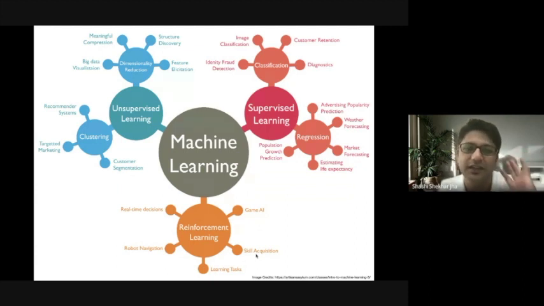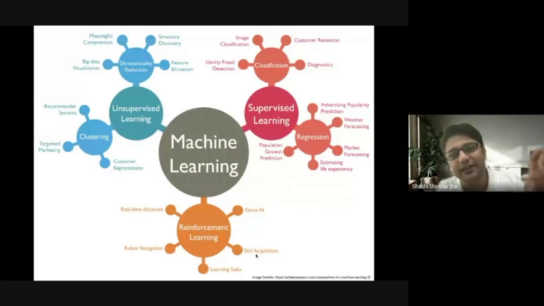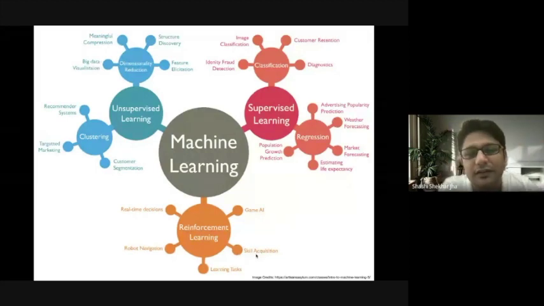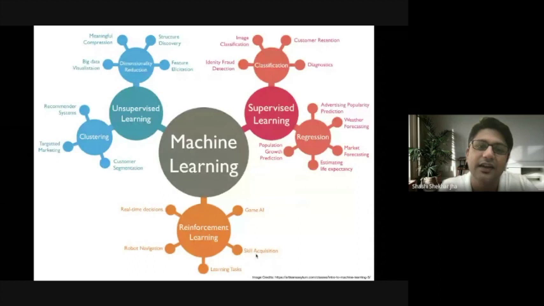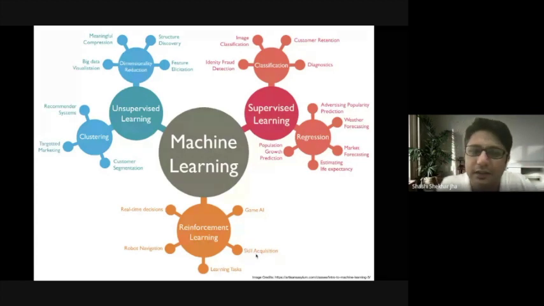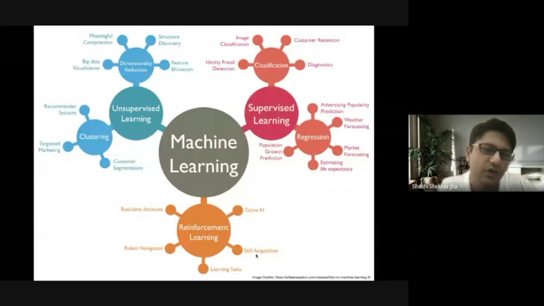Let's say there is an expert driver who is available. Can we acquire that skill and embed it into a car so that the car can drive by itself? We would like to do that, right? Now, acquiring a skill and putting it inside the car, is it a supervised learning task? Where are the labels if it is supervised learning? Is it an unsupervised learning task? No, again, we are not grouping whatever skills he has in some manner. So the kind of learning required to do that comes under reinforcement learning.